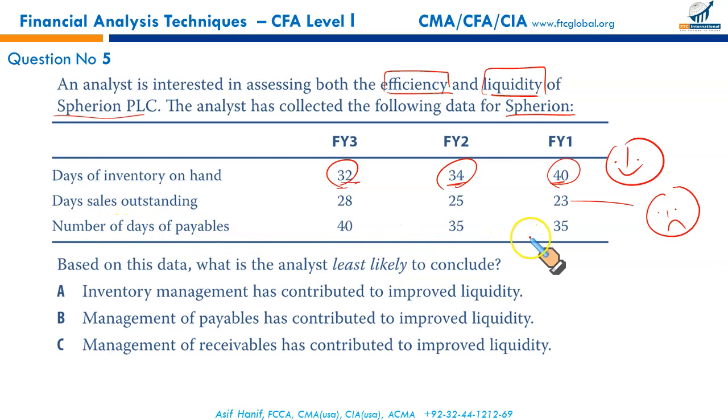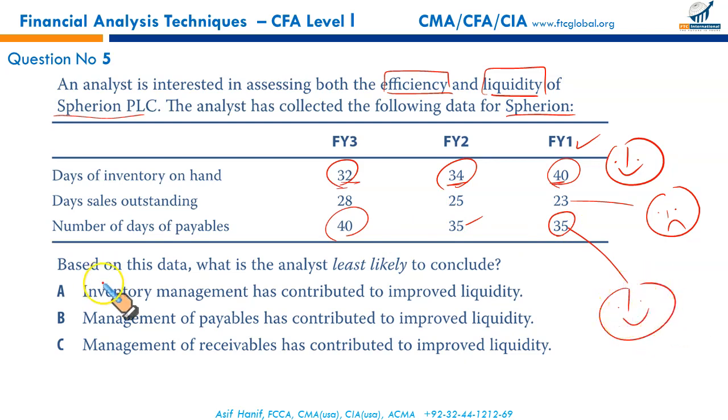Third, number of days of payables. First, you paid your payables within 35 days in year 1. Same in year 2. But now you have started delaying without damaging the relationship with your vendor. So when you delay the payments, withholding the payment of your suppliers eventually leaves more cash with you, hence your liquidity problems are resolved. This is how firms manage their cash. Those from the accounting department would know. Delaying your payables, delaying payment of salaries would result in having cash to meet urgent expenses. In this case, even your suppliers might be angry, but for your business, from a liquidity point of view, it's good.